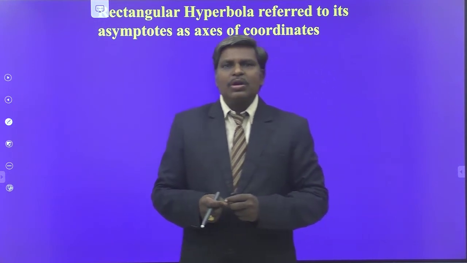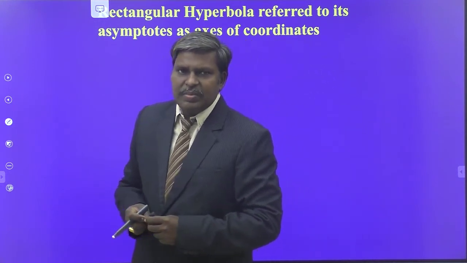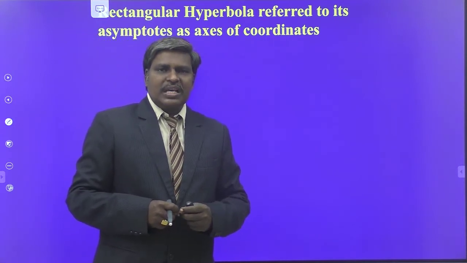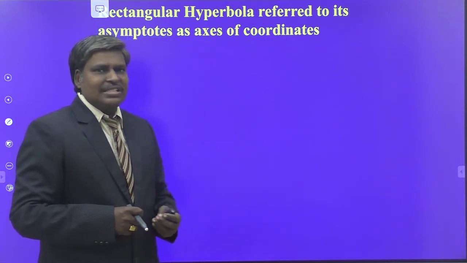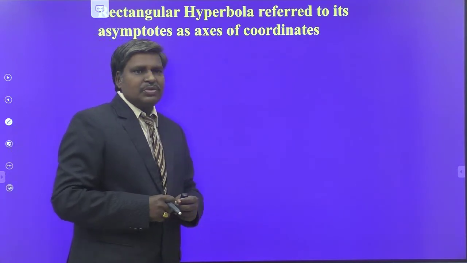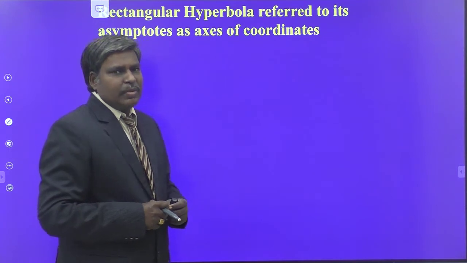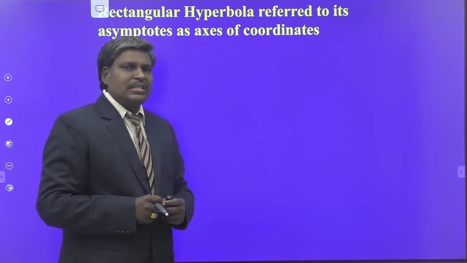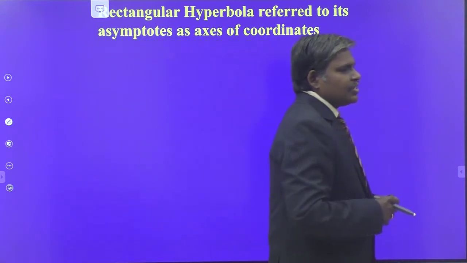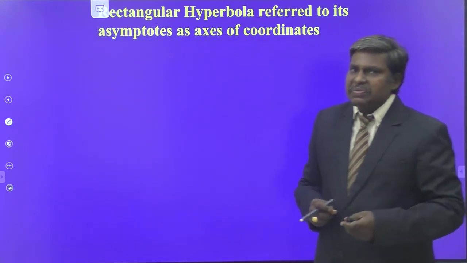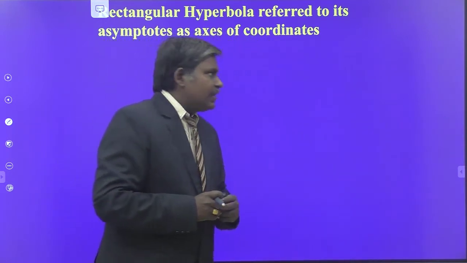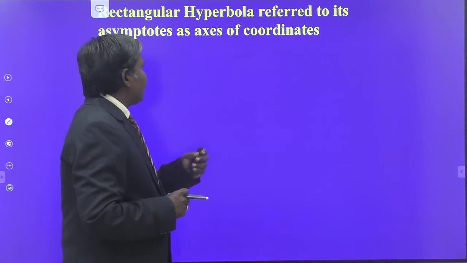So, in our hyperbola x square by a square minus y square by b square equal to 1, the asymptotes are y equal to plus or minus b by a into x. All these things were discussed in the previous class. So, the combined equation of asymptotes of the hyperbola is x square by a square minus y square by b square is equal to 0. From that we conclude that the combined equation of asymptotes of a hyperbola and the equation of the hyperbola only differ by a constant. So, these are the definitions of the asymptotes of the hyperbola.